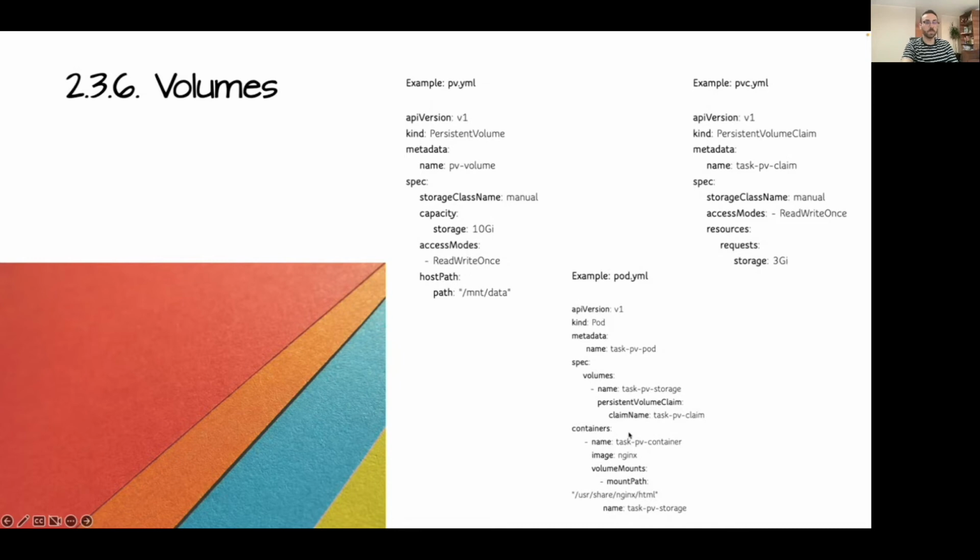And as you see here in the volumes field on the pod level, we don't really add a reference to this actual persistent volume, but to